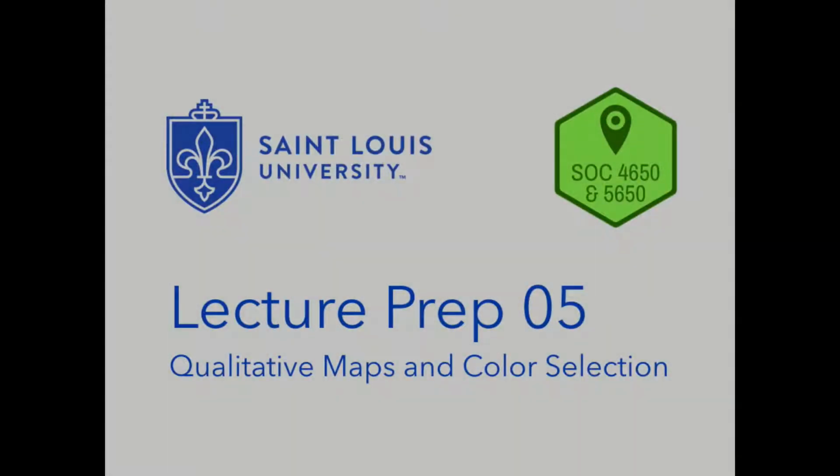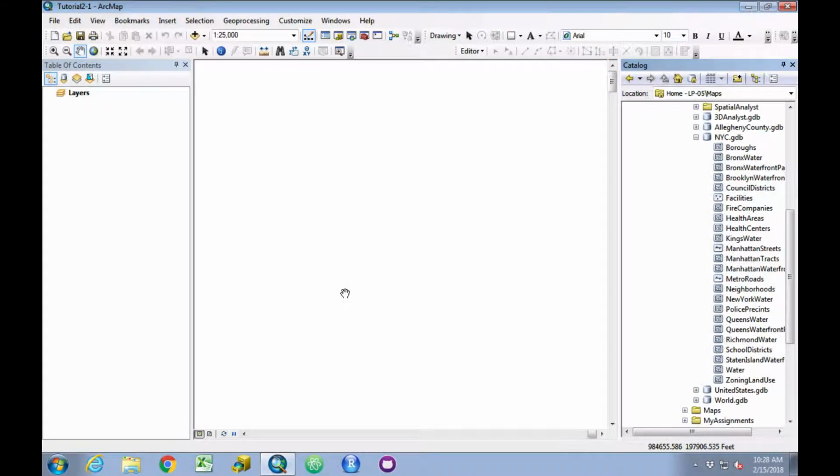This is the video replication for Lecture Prep 5 for the St. Louis University course Introduction to GIS. This video covers the production of qualitative maps and making color selections using ArcGIS. What I have open here is an ArcMap document saved to my file system and the catalog open to the